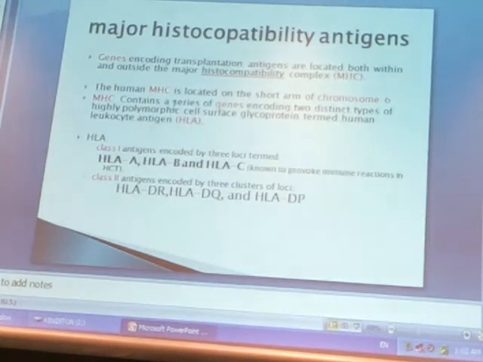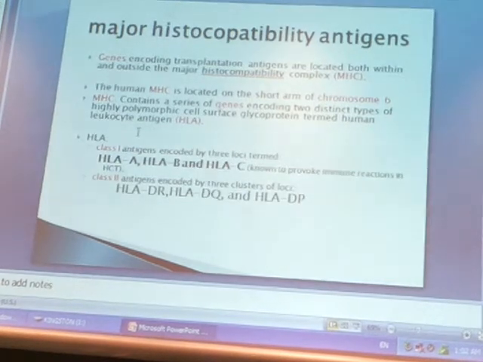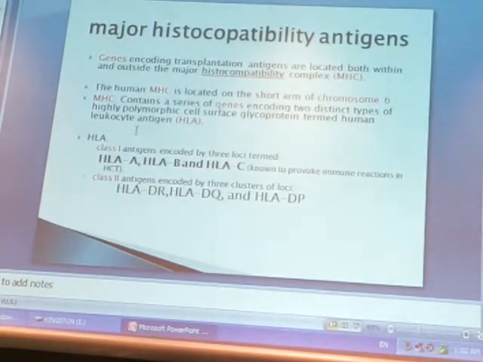If they are matched on six HLA typing, we say this is a fully matched donor. If it's less than 6 out of 6, we say this is an unmatched related donor. For those who are unrelated donors, we test not only the HLA-A, B, and C, we test